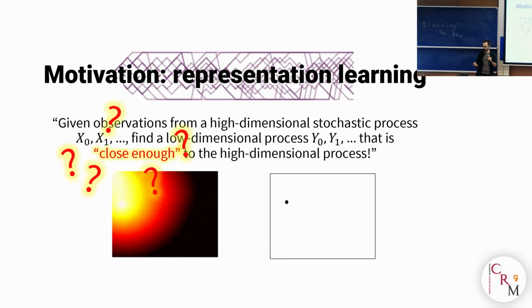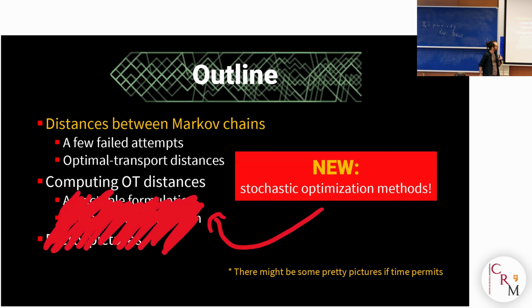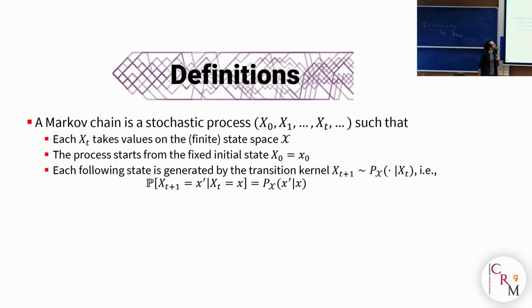So some of you may have seen some version of this talk where I start with defining the problem, walking through a few failed versions of a solution attempt, and then giving some algorithm that is going to give you a tractable solution for solving the problem for known Markov chains. Well, this is an updated version of that talk where we're going to have stochastic optimization methods that is going to be able to solve the problem based on samples only, and you're going to see what that means.